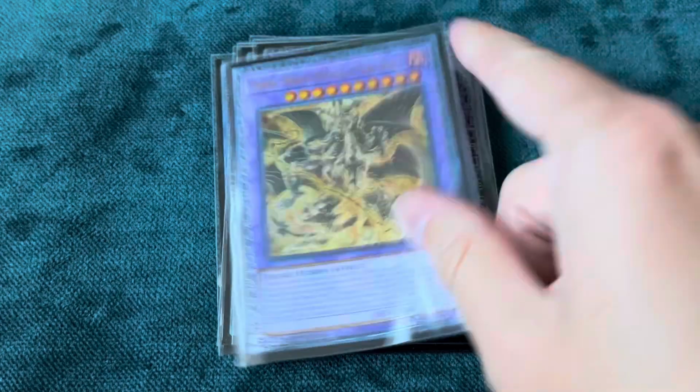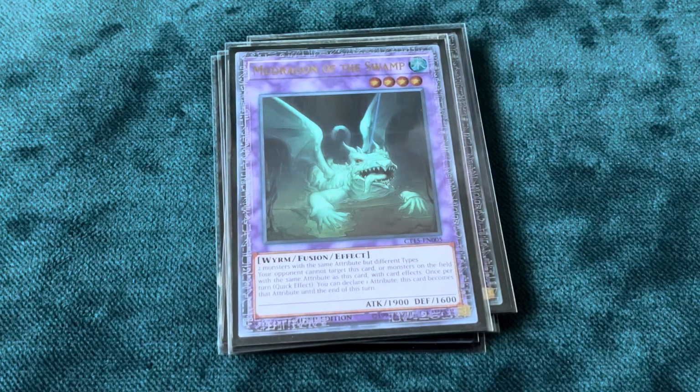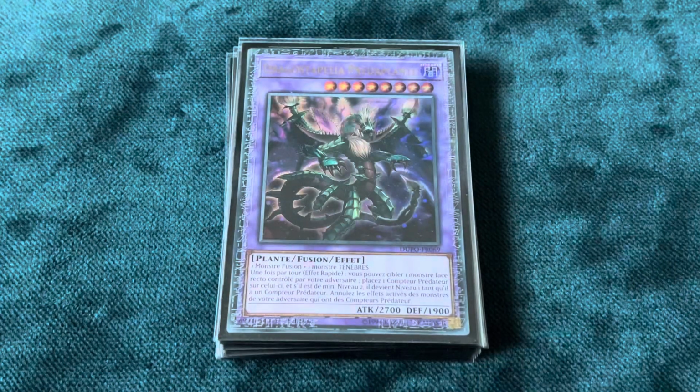And then we have the one Grapha to go along with them, because a lot of the time you're going to be using King of the Swamp to summon those other Rulkallos and Kaleido-Heart, and you're definitely going to be using King of the Swamp to summon Grapha. So yeah. And then we have, I guess, traditionally Super Poly targets, but because we don't main deck Super Poly, you can't really call them that. But you play the one Mudragon of the Swamp, the one Garura, Wings of Resonant Life, and the one Predaplant Dragostapelia. You know, literally staple extra deck fusion monsters,